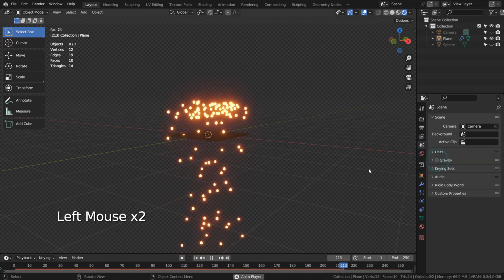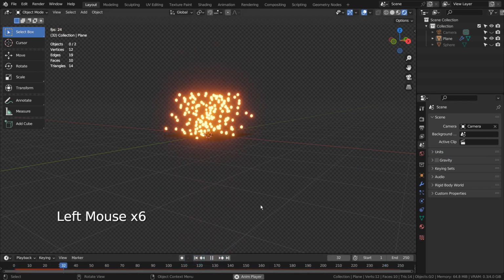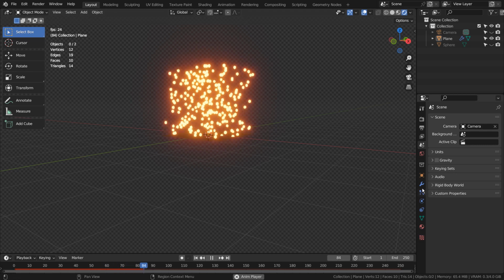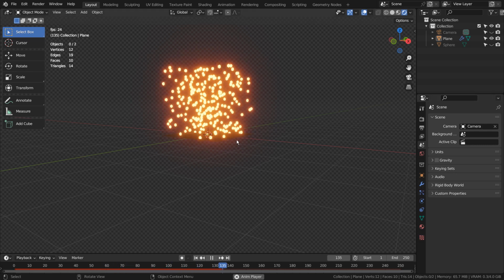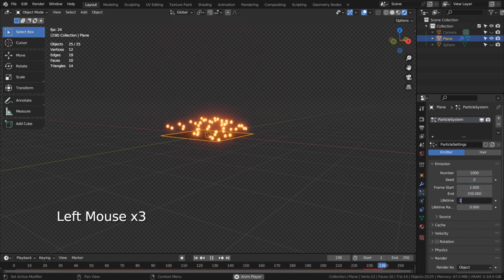I'll turn off the gravity. Let's change the frame end and lifetime settings.